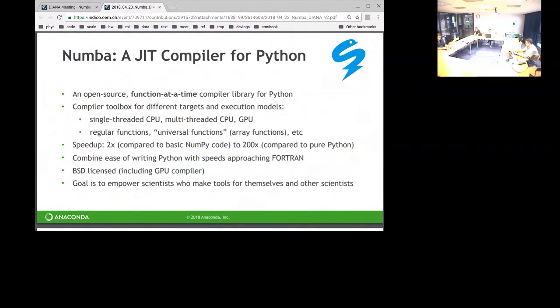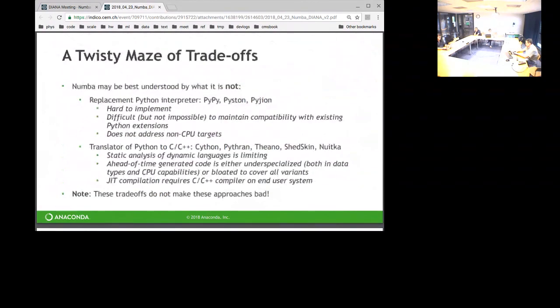So slide 5, when you're dealing with Python compilation, there's a whole maze of trade-offs, and there's no right answer to this problem. I often get the question from people of, is Numba better than PyPy, or is Numba better than Python? And honestly, they're all addressing the problem differently, and so it helps to understand the differences between them to decide which is the most appropriate. Python is fundamentally not designed to be compiled, so any attempt to do so is going to have to deal with trade-offs, and there are different ones that are valid in different situations.